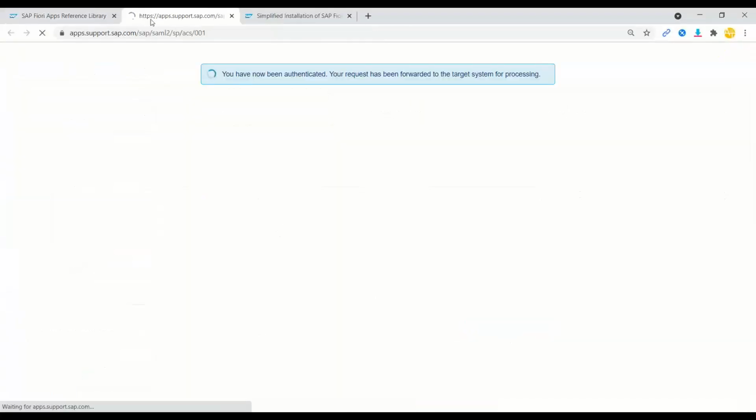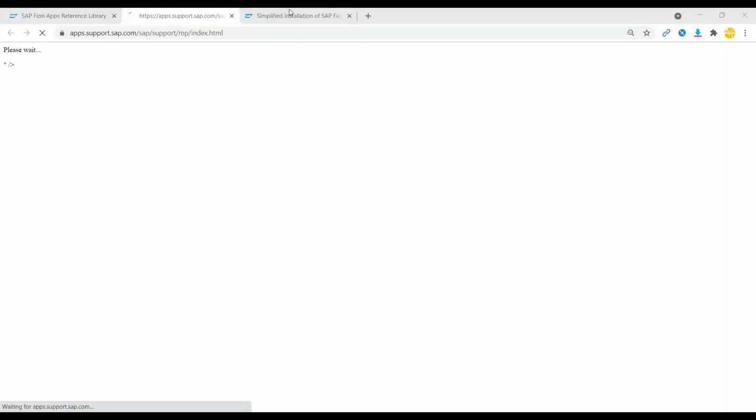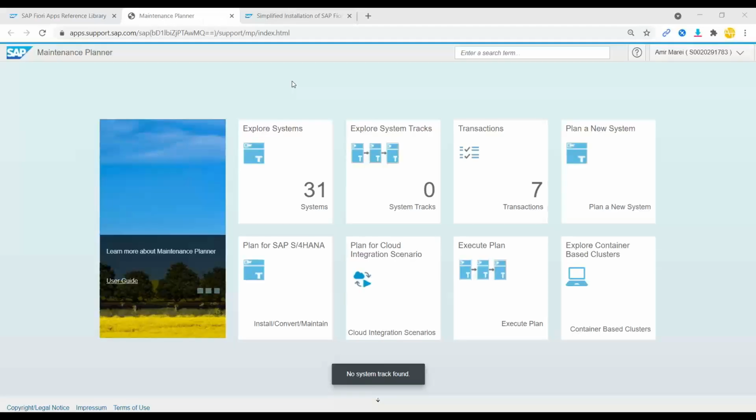I click on it. It launches my maintenance planner tool. Okay, there is an error in the maintenance planner tool. Unfortunately, I'll not be able to show this, I guess. Or let me just try again. It worked. Okay, so you can see I have launched my maintenance planner tool, and now I can just click